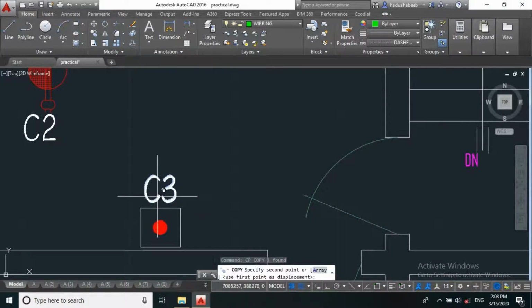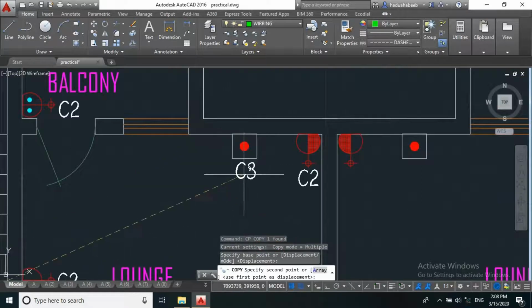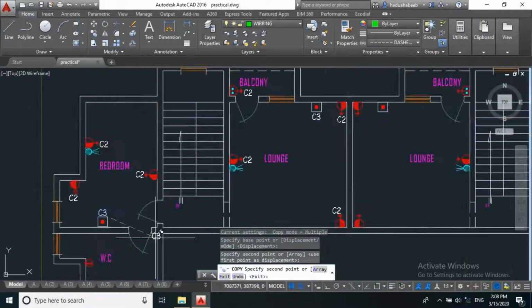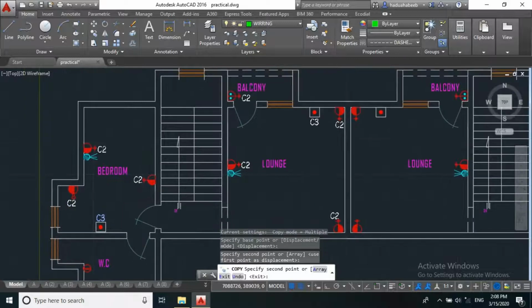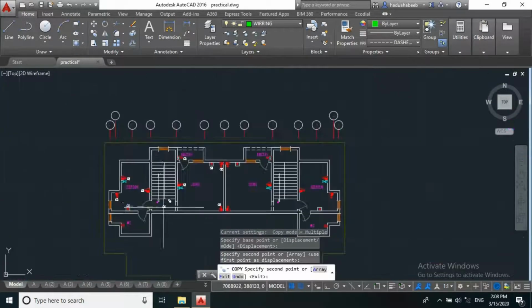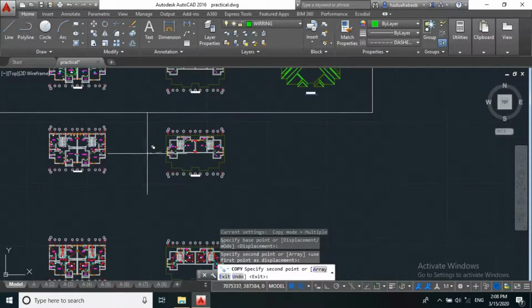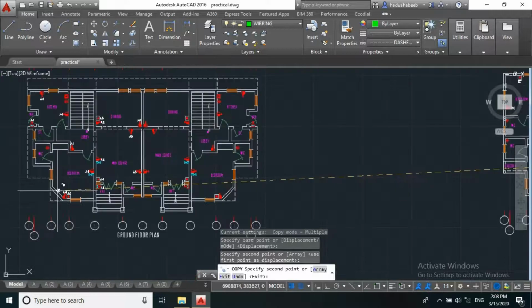And call this C4. Basically, it will be good, but because of how the mechanical engineer designed to have mechanical equipment around this staircase, but it doesn't concern us. So let's proceed. This is how we distribute our mechanical load.